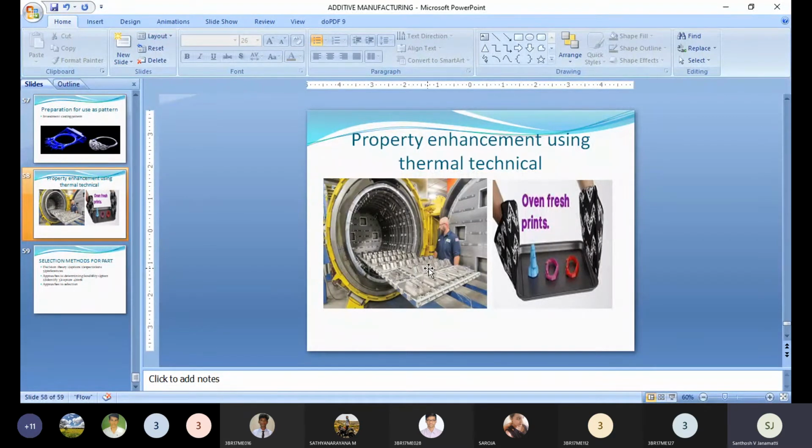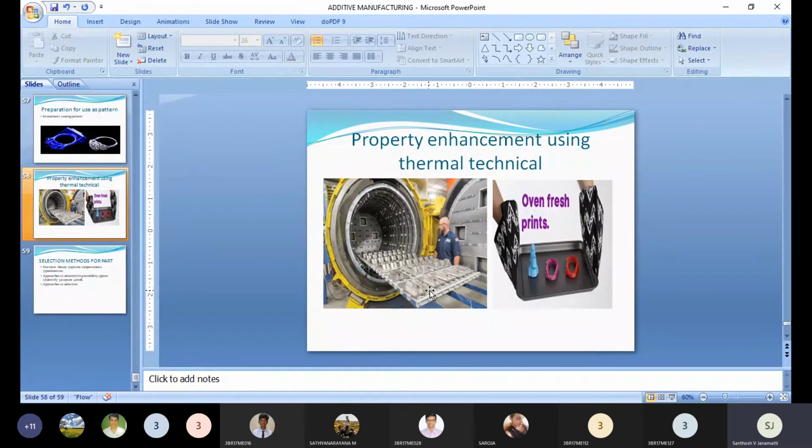Once we heat them to an elevated temperature, the dryness will come, because there will be wet content or wet percent present in these polymer materials, and also some residual stresses. These are the work stresses present in the 3D product, which is one reason. The second reason is the moisture content present in the 3D product, and there will be other environmental effects or contents, some dust or other environmental contaminations present in the 3D product.